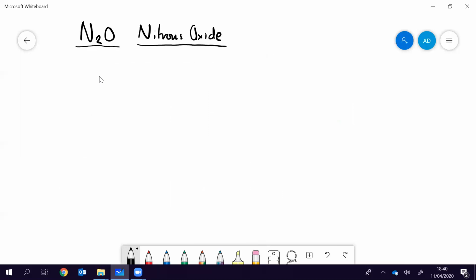What you have is 2 nitrogens, and that's like an N2 molecule with a triple bond, but the nitrogens have got lone pairs. So the lone pair on this nitrogen forms a dative bond to an oxygen, and you form N2O. So if you draw a dot cross diagram for that,